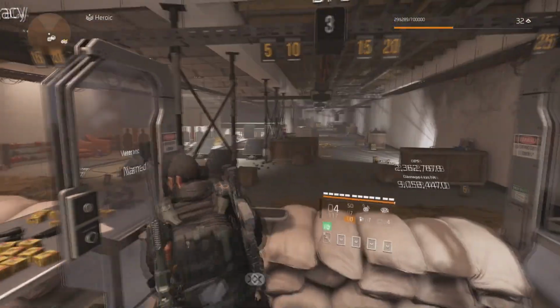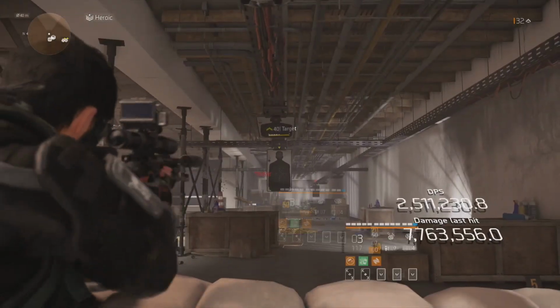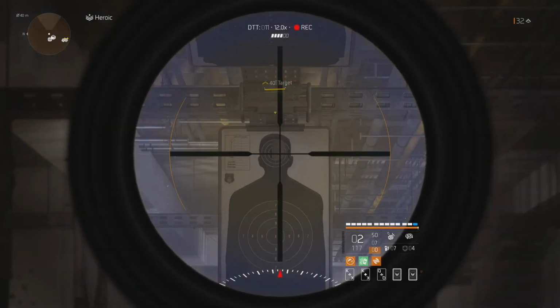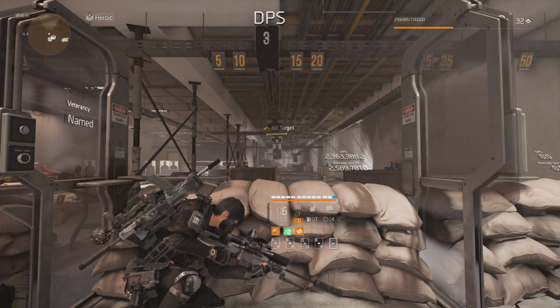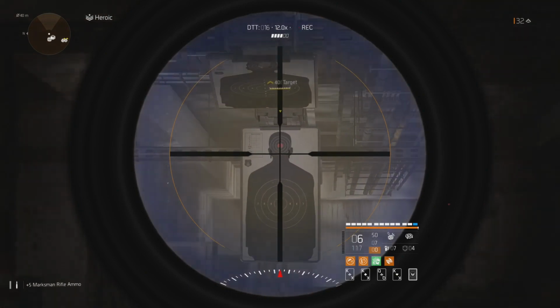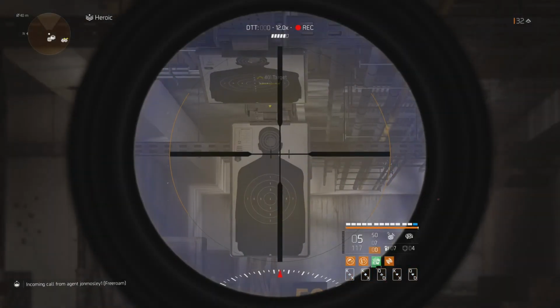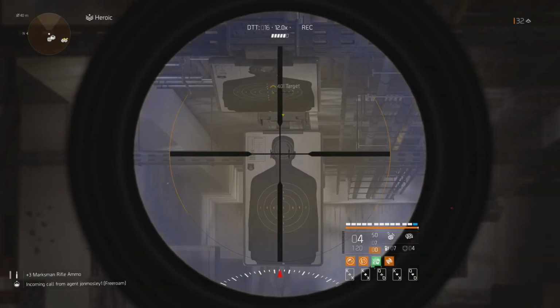Back to name targets. I don't remember if Aces and Eights procced, but we're about to find out. It did not proc, so it's going to be a 3-shot instead of a 2-shot. Because we do not have Aces and Eights yet. But that is 7 million per shot. If you wanted to know, a name target in Heroic on its own has 18 million health. Aces and Eights isn't going to proc, but that's 7.7 million. And this second shot should be 10 million and kill it. Ooh, didn't kill it. So I still need to do an extra...